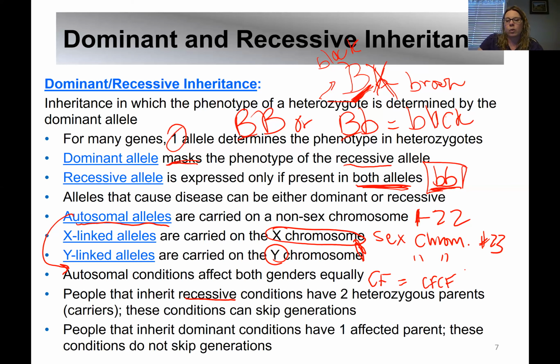Now a person that is normal has a normal allele and this CF recessive allele. Remember, this dominant allele will mask this and they will appear normal. Okay, so if someone is married or has children that are heterozygotes, okay, we have